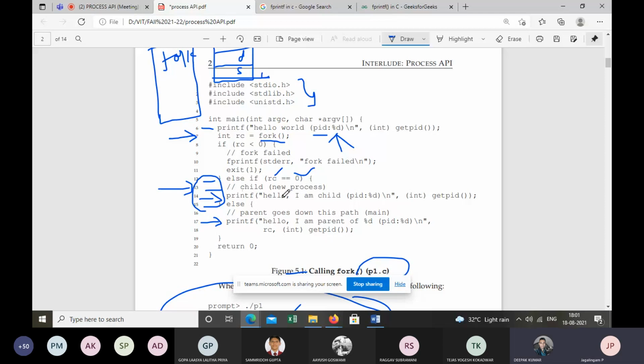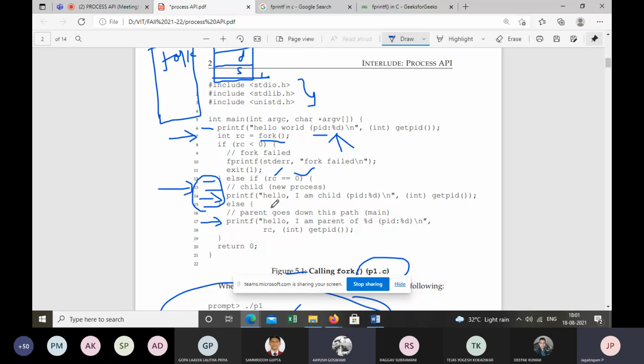Sir, what is fork returning? It's a PID. Sir is asking about the fork function.